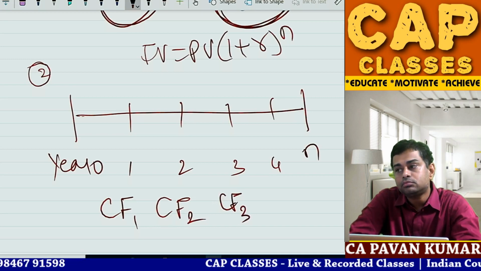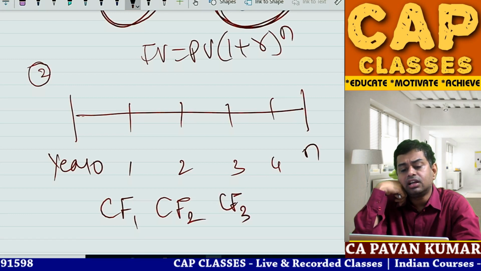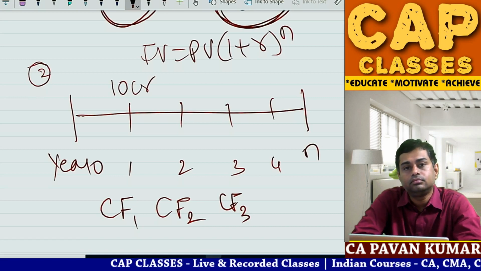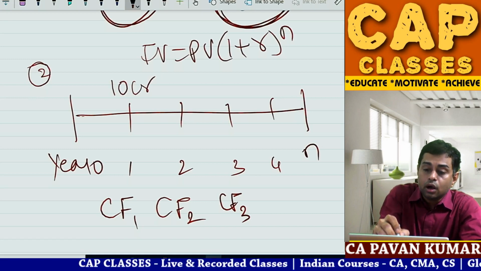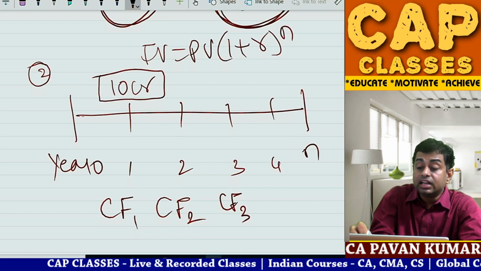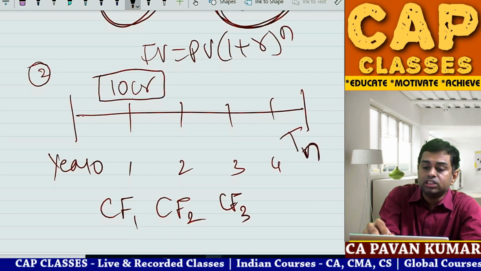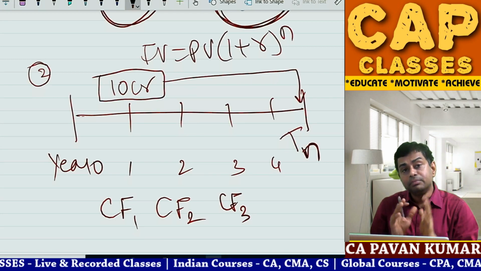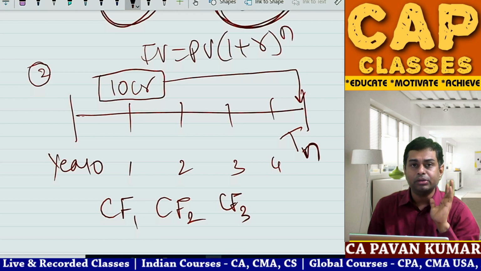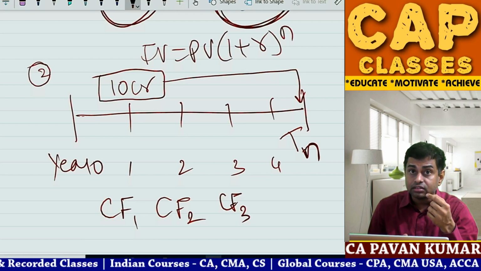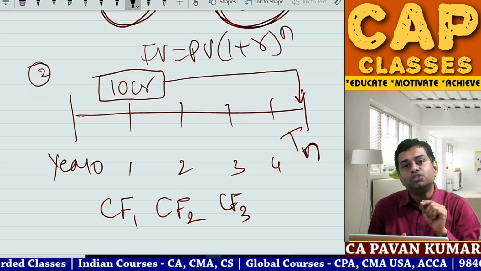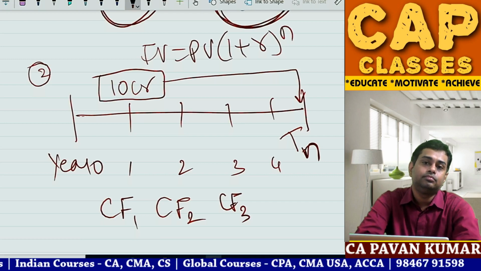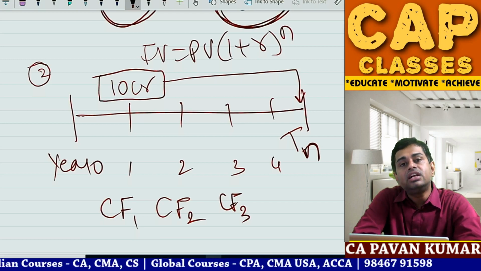The answer is no. Now the student will ask, Pavan sir, imagine at the end of the first year I have earned 10 crores. If I am not withdrawing, what should I do with this 10 crores? Till TN, till the end of the project, this will be reinvested in the project only. Simple. Bank FD, 1 lakh rupees value, 10,000 rupees interest. You should not withdraw 10,000. Now what will that 10,000 do? It will be reinvested till the end, isn't it?